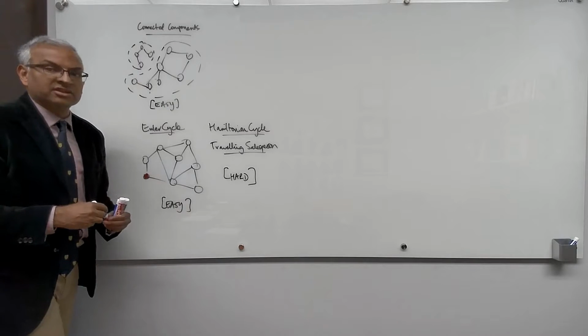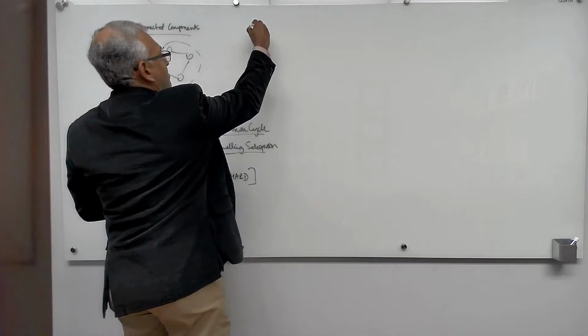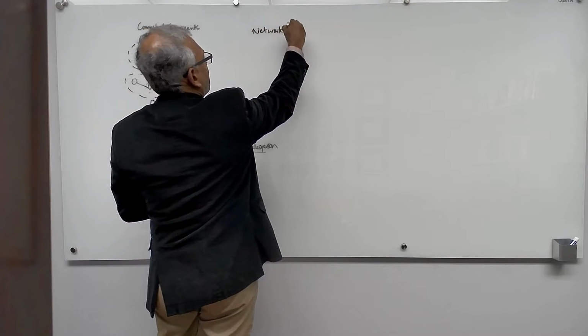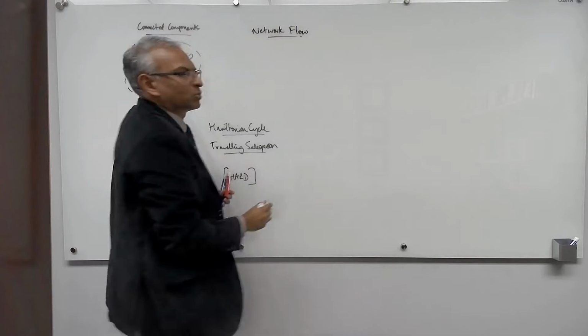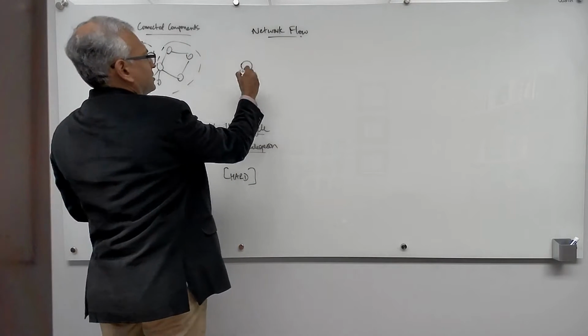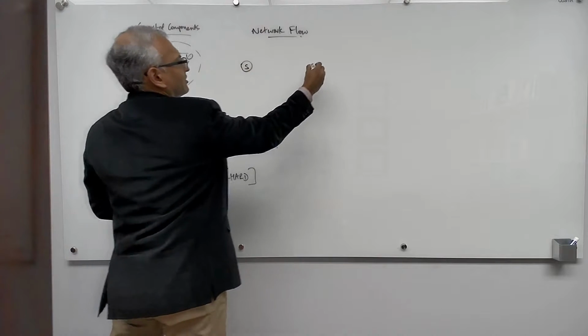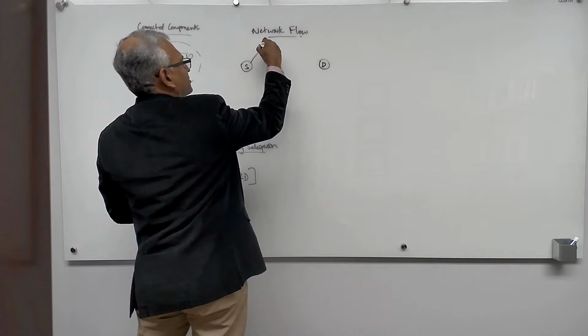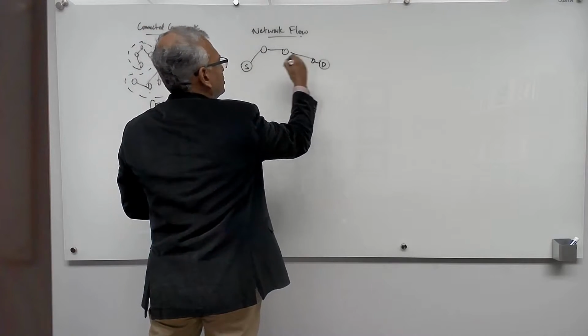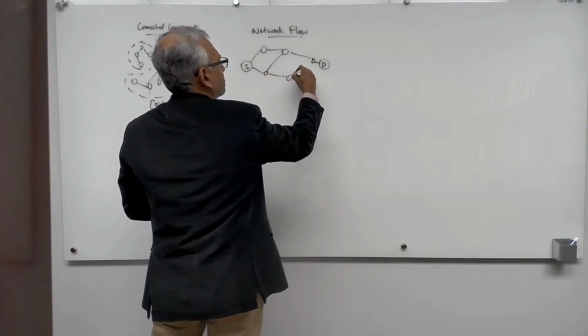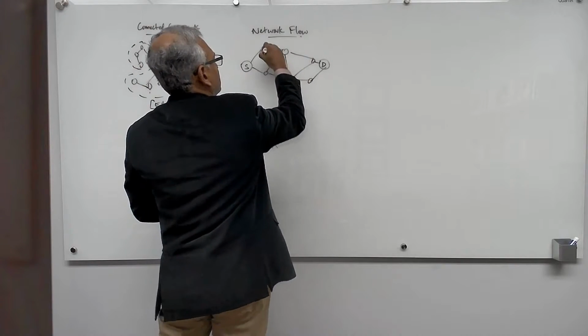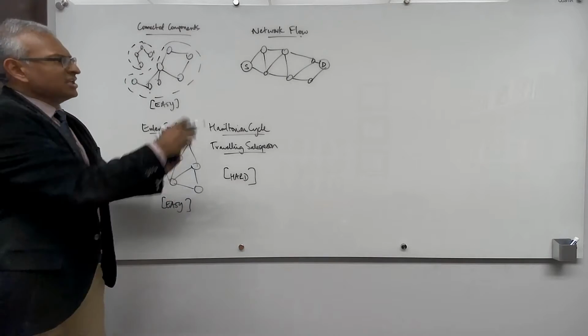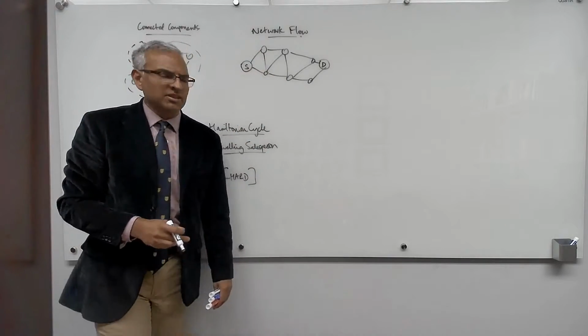Okay, let's consider another easy problem. Network flow. Okay, so in network flow, you have you, the source, and you have a destination, let's call it D, and there's a network of ISPs in between you and your destination. They're connected in certain ways, and each of these links between two ISPs